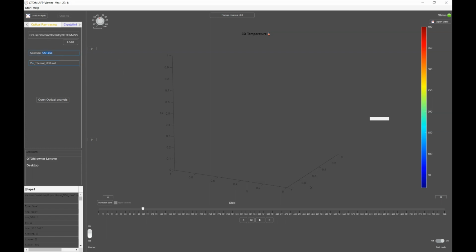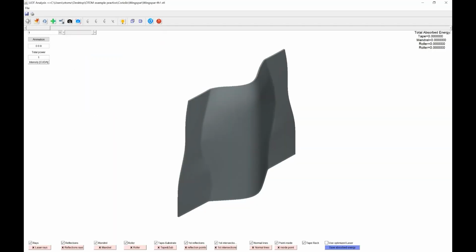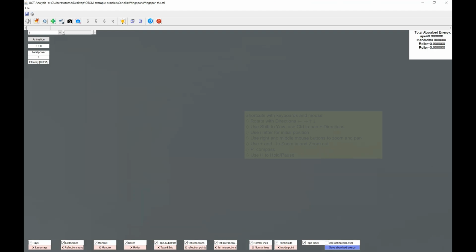So based on the name of the kinematic file, the name of the pre-thermal file, and the selected file here, based on either optical UOT or optical COT, you could then click on optical analysis. It is basically the same post-processing window as the Autom AFP engine. So here, similar to